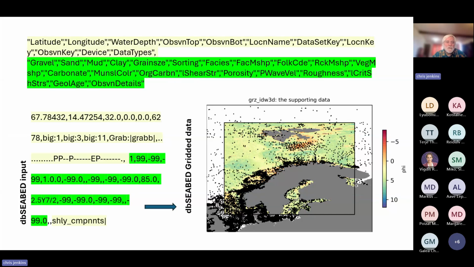And then you can see the results for that same sample underneath. You can see that we've got sand, 99%, a little bit of gravel, a little bit of shell gravel, and then 85% carbonate, which was measured. And then the color of the sample was noted at 2.5 Y7-2 in Munsell code.